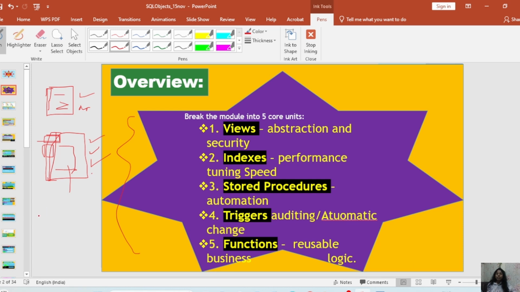So to avoid this type of complexity, more time consumption, or no reusability, we are going to work on these objects. Using these objects, we can save time, and we can reuse that particular logic everywhere,